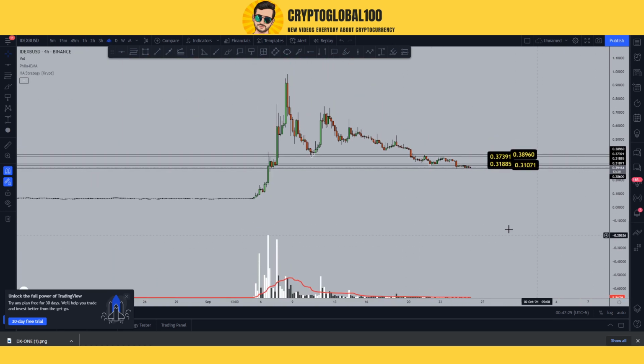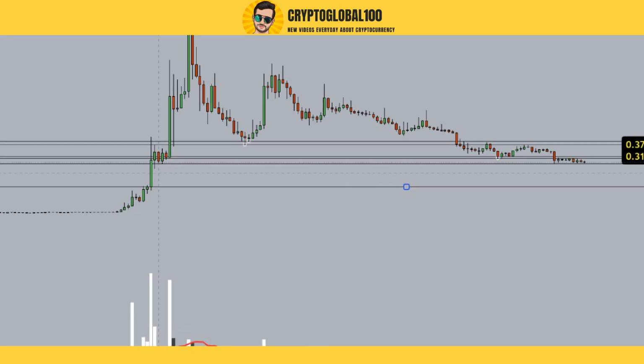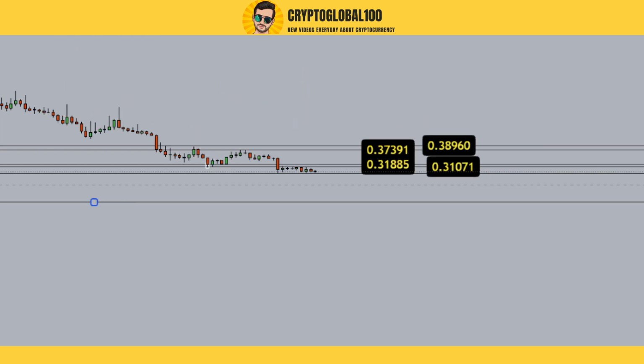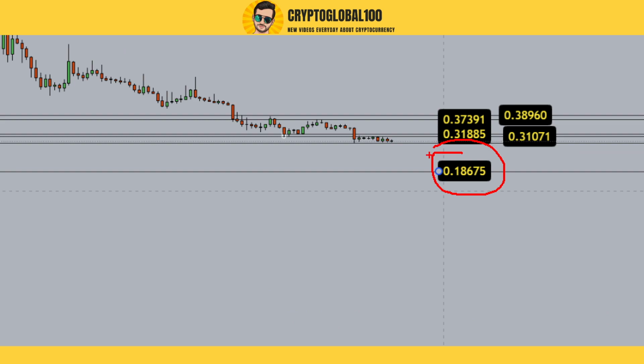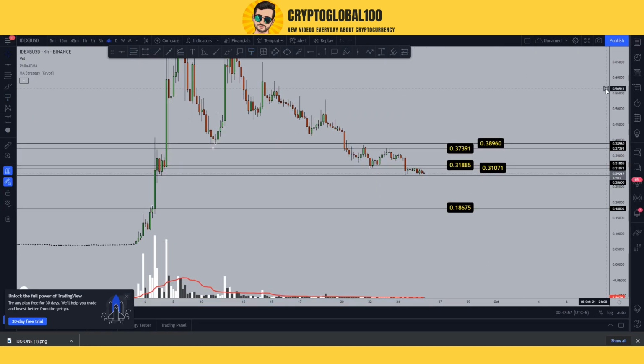And the other thing, which I have mentioned in my previous videos, let me show you this one. This was a breakout. There was a gap here, and it is still a gap. It has not been tested. So in the future we can retest this level. The 0.18 level can also be retested, but it's going to depend on the candle sizes.